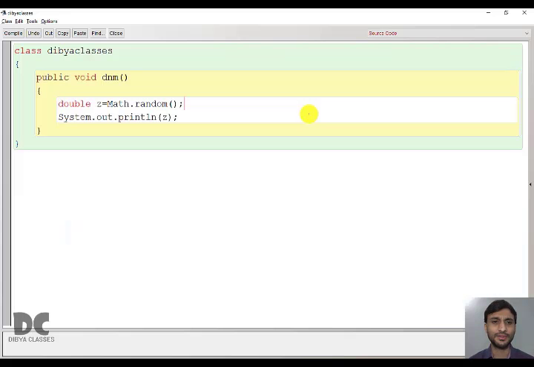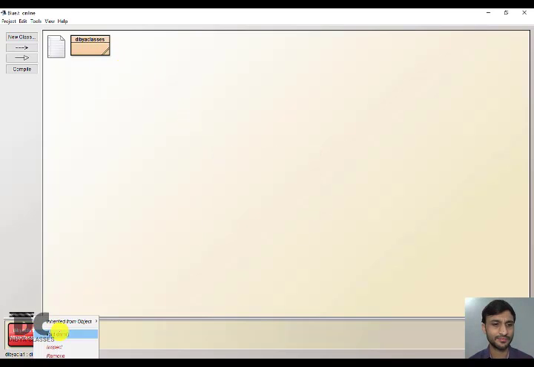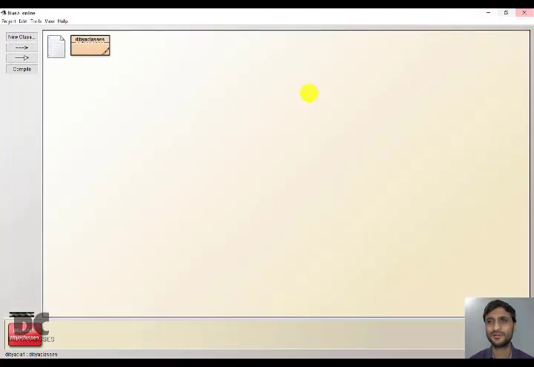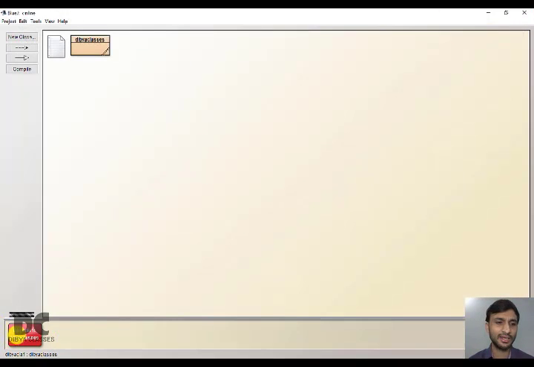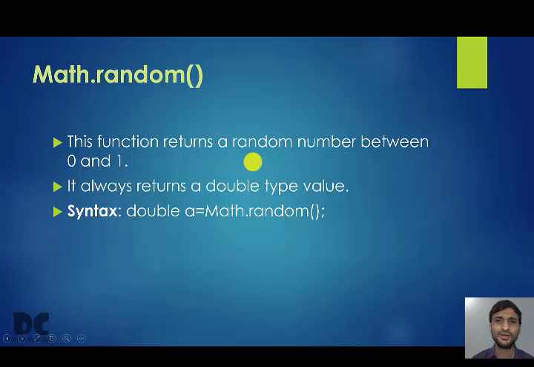I will show you an example. So here you are finding a random value in z and we are printing z. So we'll get a random value between 0 and 1. You can see we got 0.3846. So it has a big decimal part. It comes automatically. And now when I run again, it is 0.54. When I run again, it is 0.48. When I run again, it is 0.84. So the value is changing, but it will always give a value between 0 and 1. So now this completes math functions.